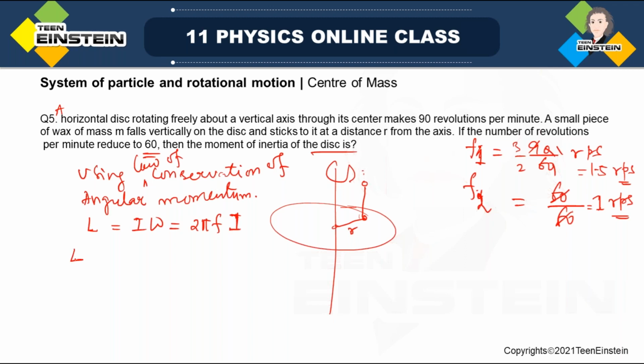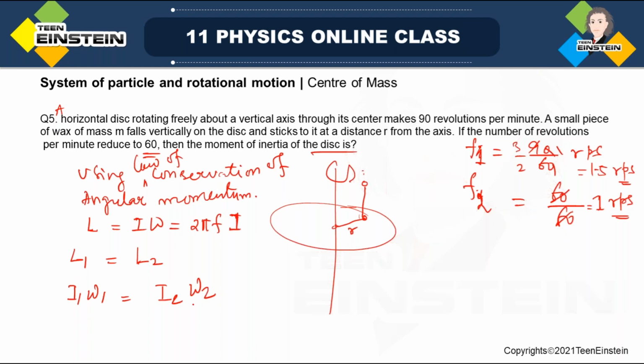So suppose the initial angular momentum was L1 and the final is L2. These two are always equal to each other. That means omega 1 I1 will be equal to I2 omega 2. Okay, this is the formula. From here we can find out the moment of inertia. Okay, so what will be